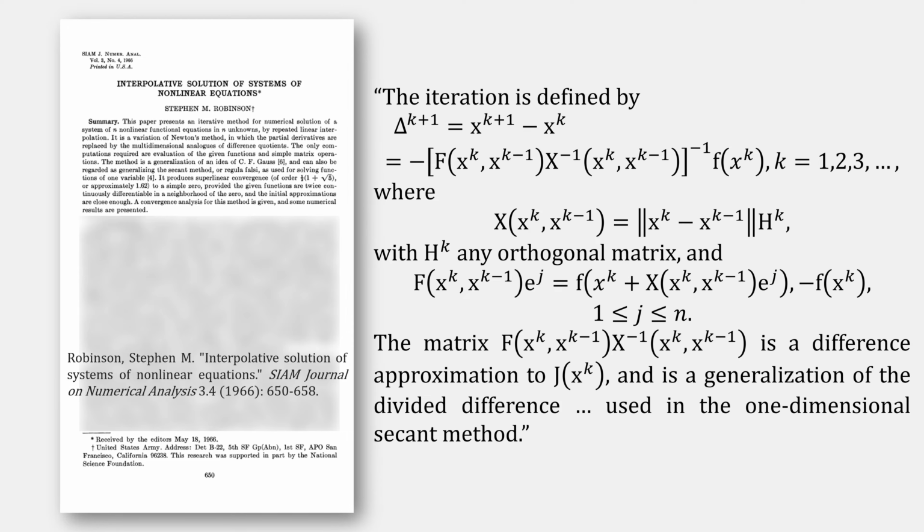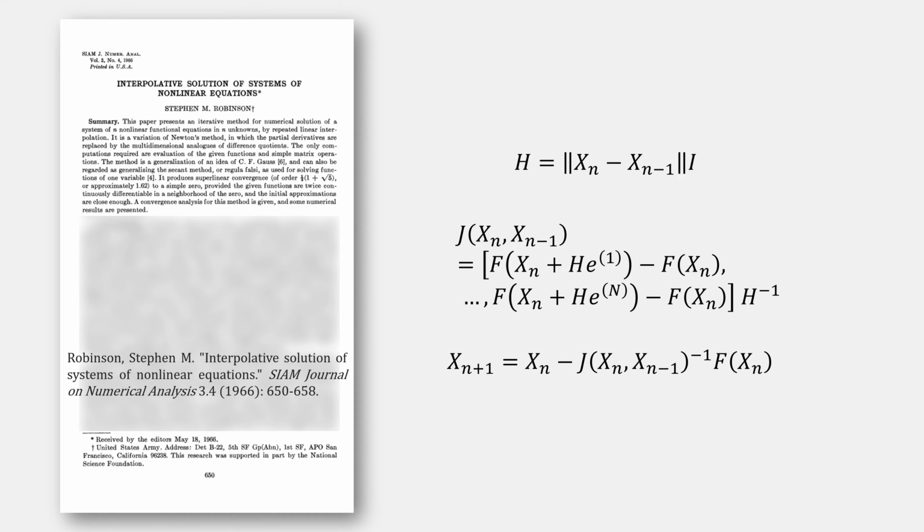Here is Robinson's approach, which I'm not a huge fan of the notation, but it is a 2-point secant method that solves systems of nonlinear equations, kind of similar to Korganov's approach. Let's try to simplify the notation, but first note that here H is any orthogonal matrix, so let's just replace H with the identity, and then I'll rewrite it to be much more simple. I let H be our multiplication against the identity, and then let J be this equation for our Jacobian, giving us a secant method approach to Newton's method. This also works for single equations too.